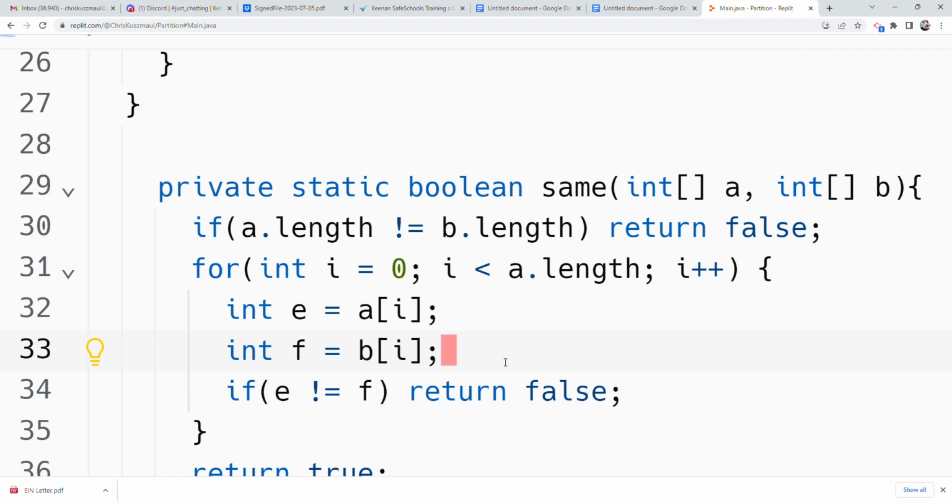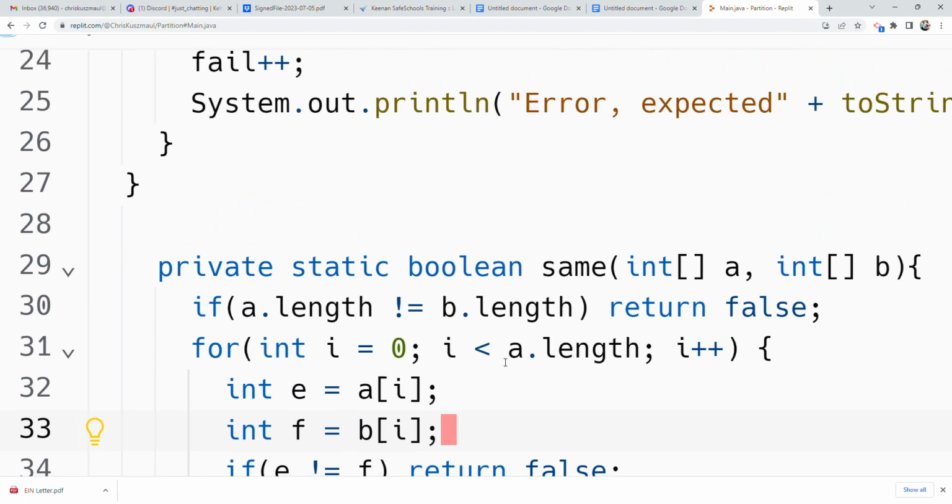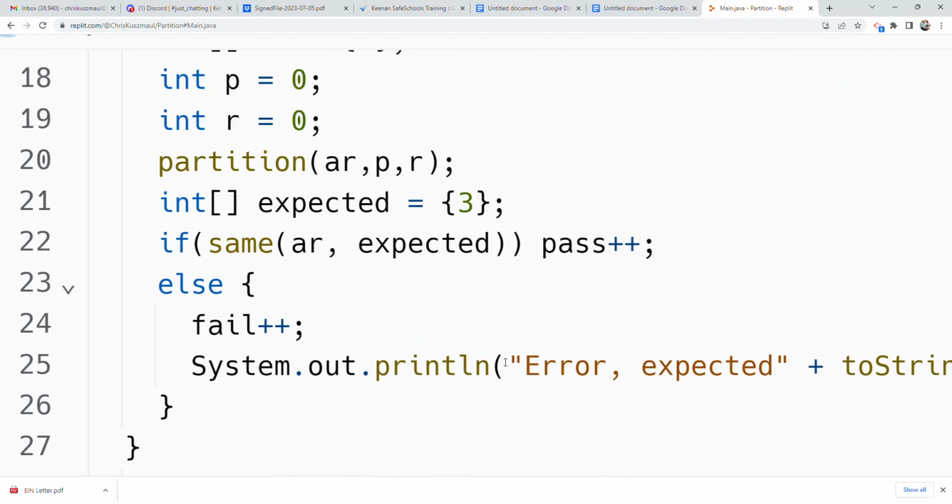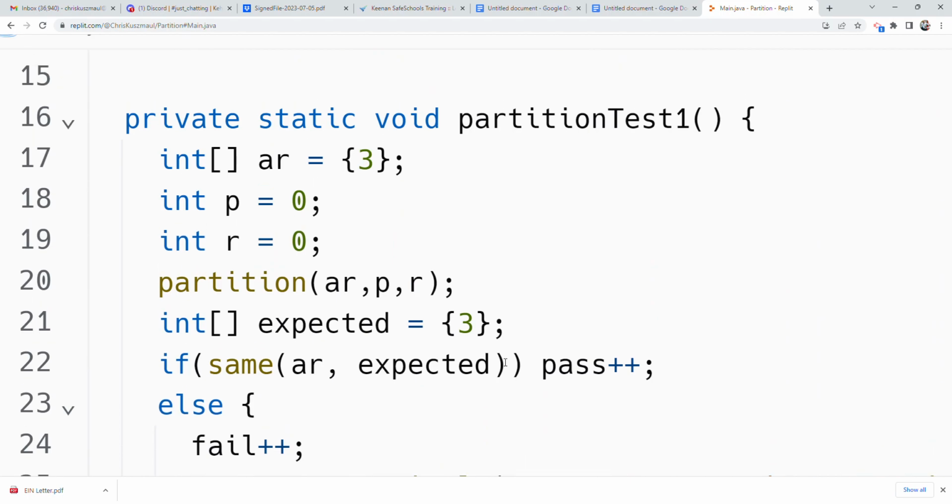We're going to be lazy about determining whether or not same actually works. It'd be ideal for us to create test code to see whether or not same works, okay? I'm going to skip that because I'm so determined to at least get partition test 1 to work for us before we reach the half-hour mark in our discussion. So see how slowly this is going. We're being very diligent about implementing partition, and we haven't even written a single line of code. We're testing